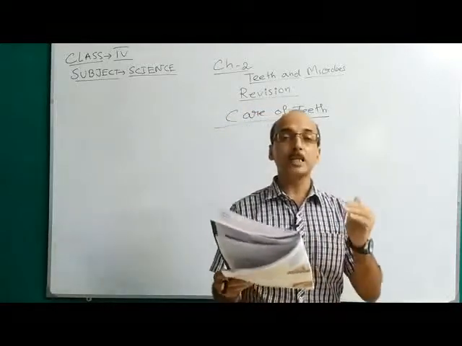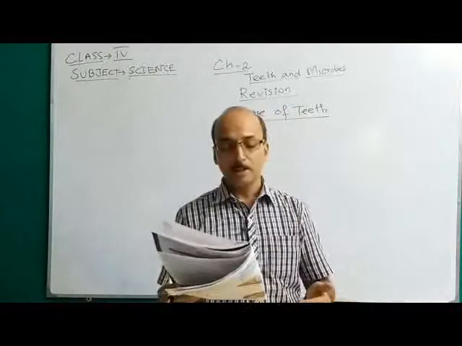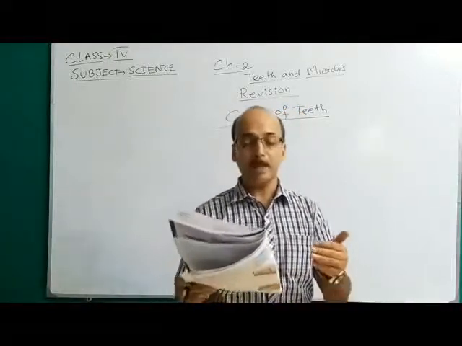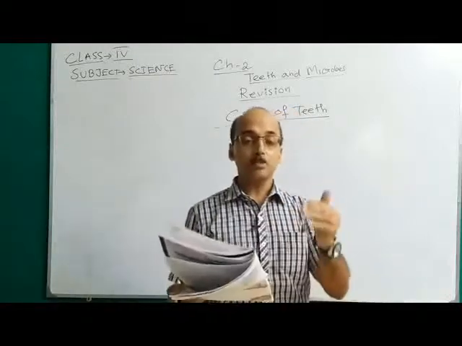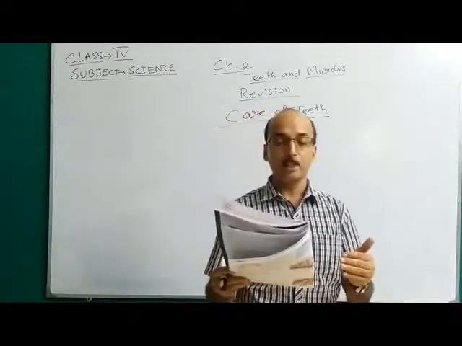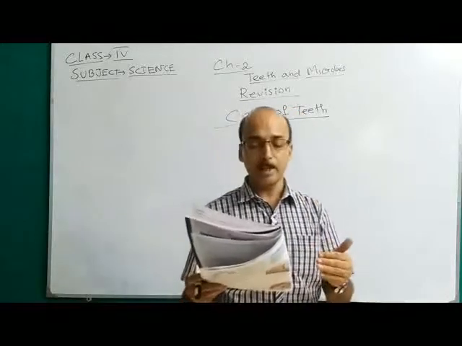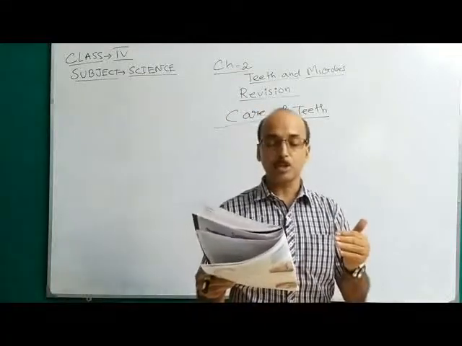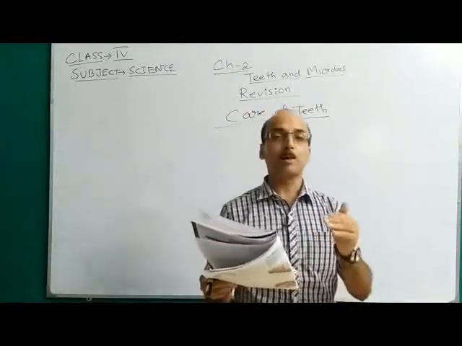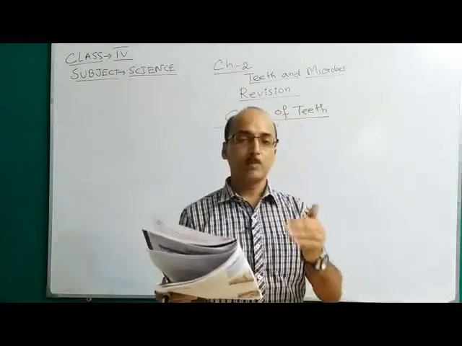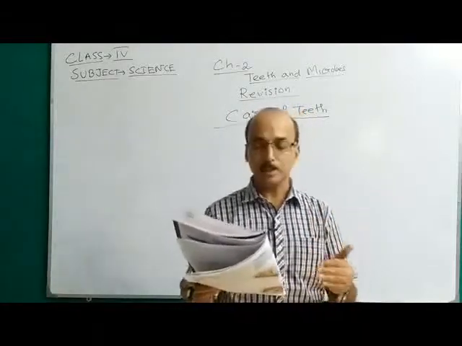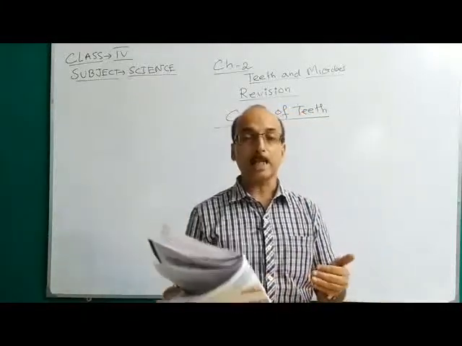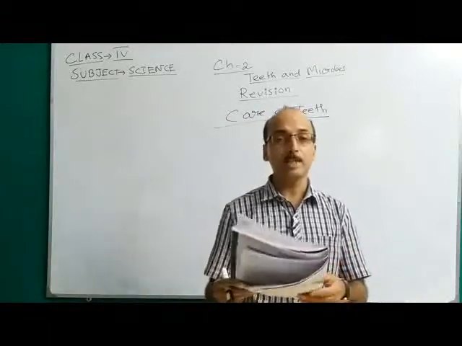Next is we should rinse our mouth properly after every meal. Then we should always have milk and milk products daily. They have calcium that makes our teeth strong. Then next we must floss our teeth every day. Next is teeth that are not kept clean get covered with a yellow substance called tartar. So we must keep our teeth clean, otherwise there will be a yellow coating called tartar. This can be removed only by a dentist, and we should visit a dentist at least twice a year.